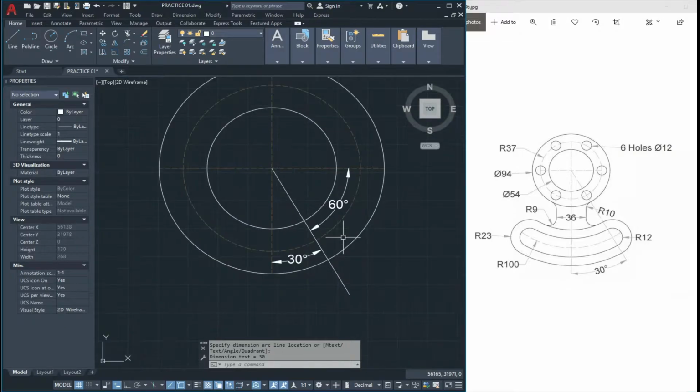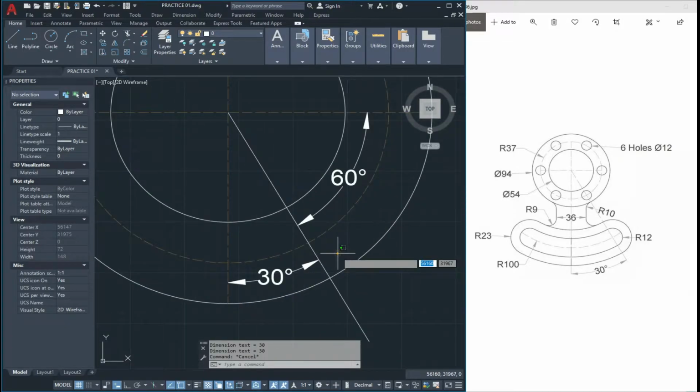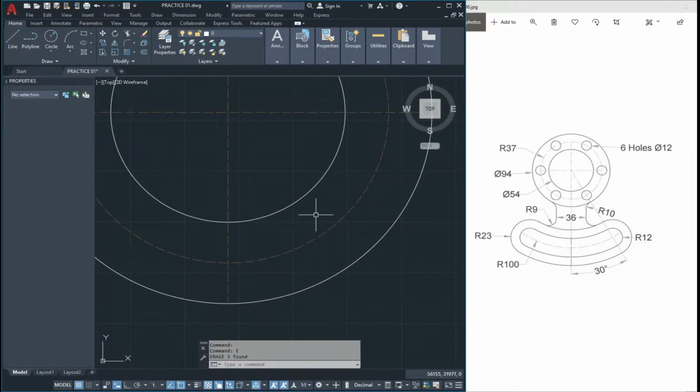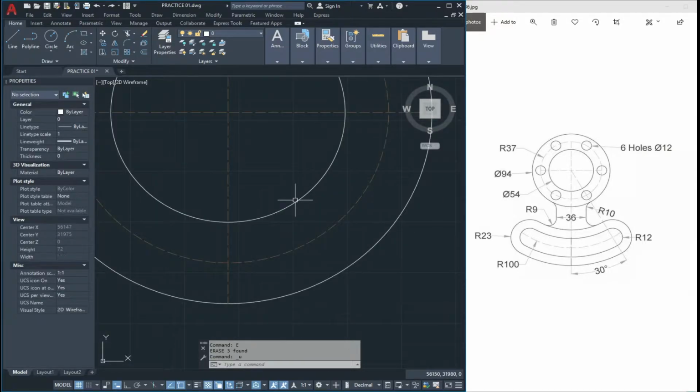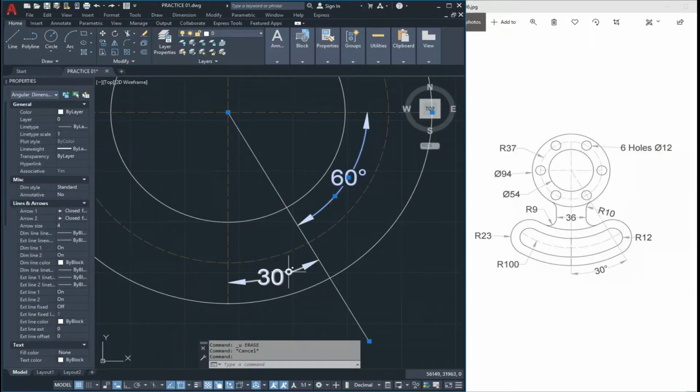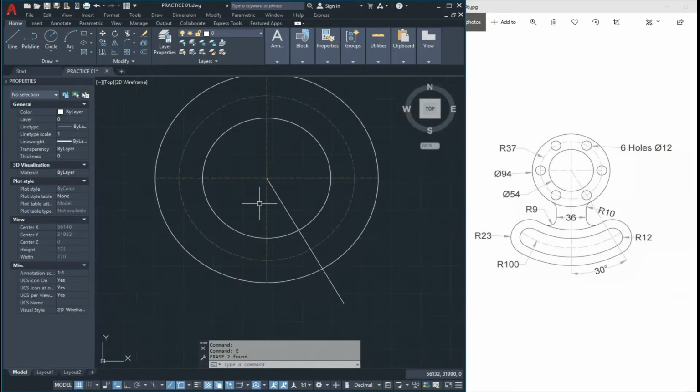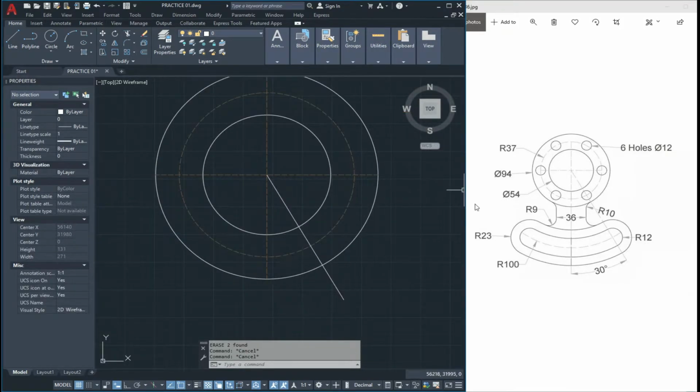Like this. So in this way we draw this angle. Now we draw this circle. Type C for circle and give the diameter 12 units.